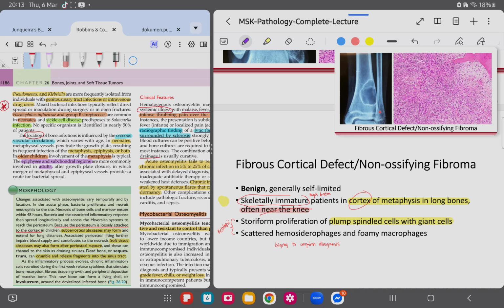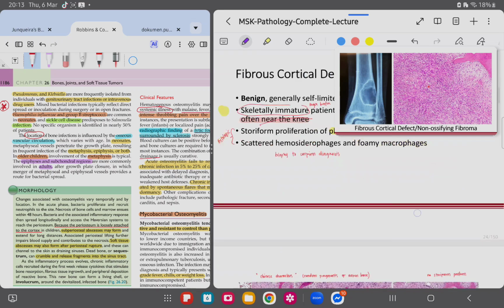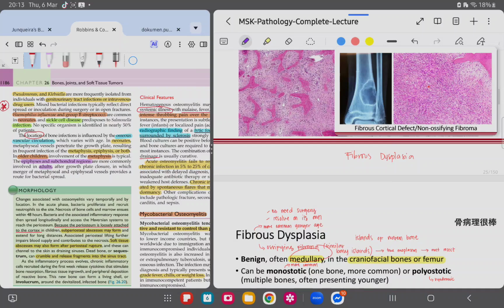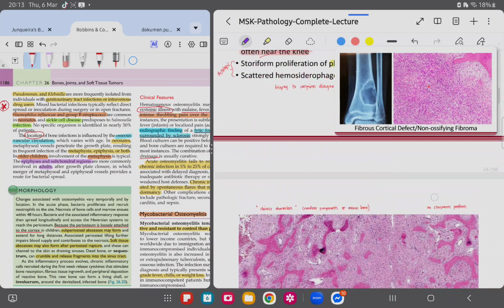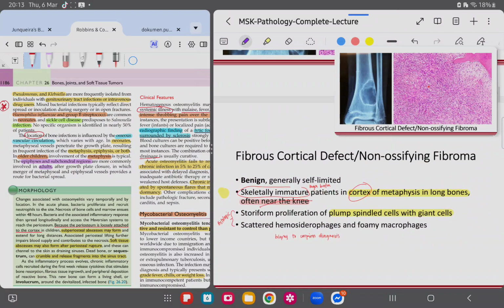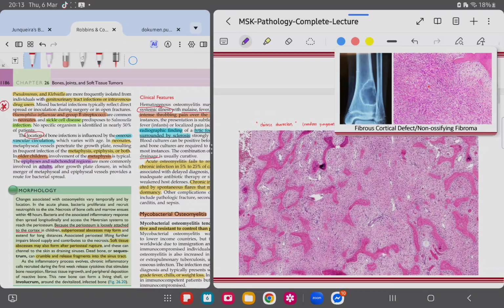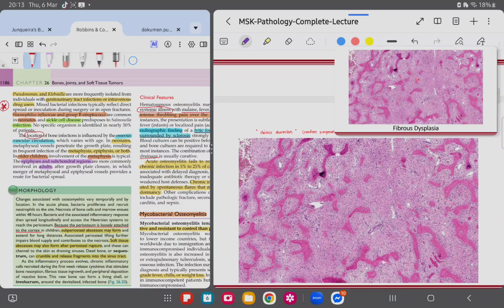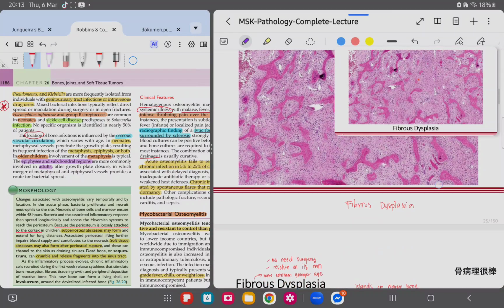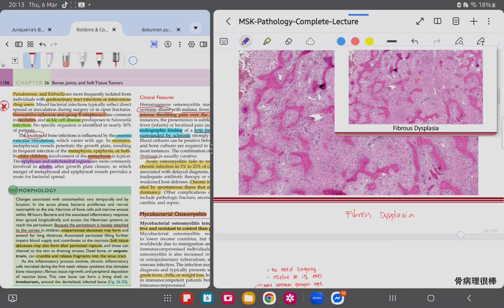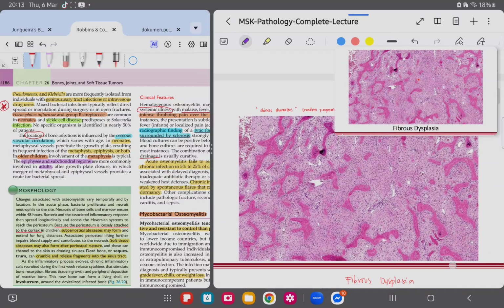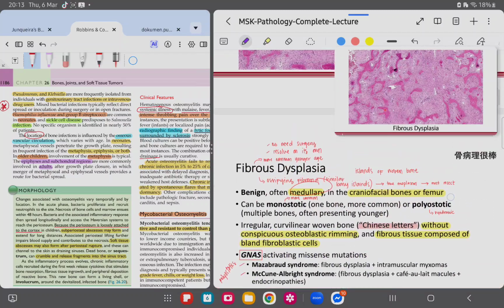On the other hand, if you see these characteristic Chinese-shaped characters in what appears to be a fibrous cellular stroma with no storiform pattern, there is no osteoblastic rimming, and occasionally associated with certain syndromic conditions, that will be your fibrous dysplasia. And as I have told you, fibrous dysplasia, originally thought as a developmental disorder, shows some evidence that it could also be a neoplastic condition. And you know that this is more common in younger patients. Like what I have shared with you in one of my stories about this patient who was unfortunately misdiagnosed as ossifying fibroma.